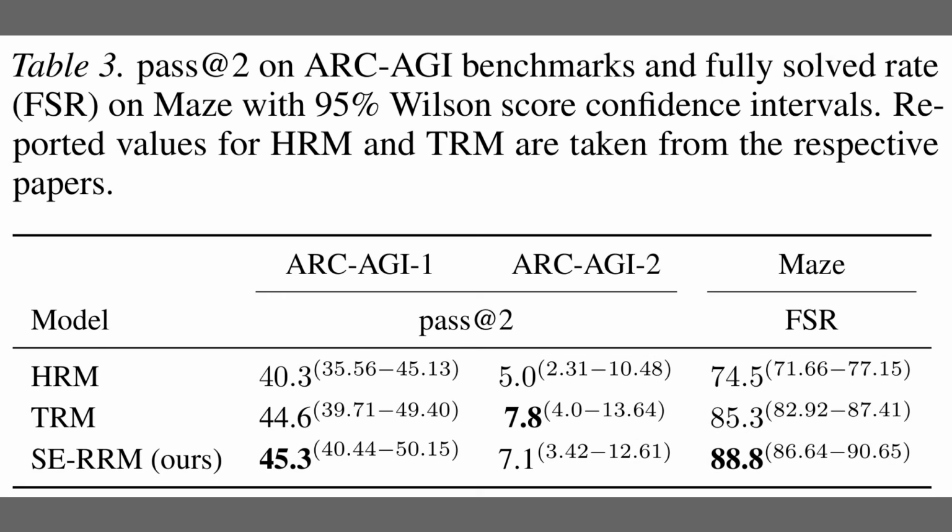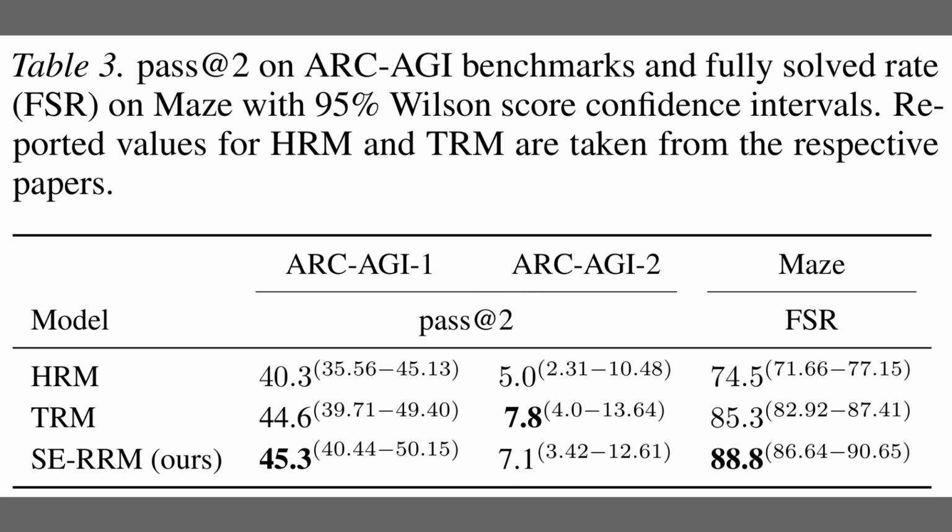Moving beyond Sudoku, Table 3 extends the evaluation to the ARC-AGI benchmarks and maze solving tasks. On the ARC-AGI1 dataset, shown in the first column, the symbol equivariant model achieves a competitive pass@2 score of 45.3, slightly edging out the tiny recursive model. The performance is also strong in the maze column on the far right. Here, the model reaches a fully solved rate of roughly 89%, which is a solid improvement over both the hierarchical